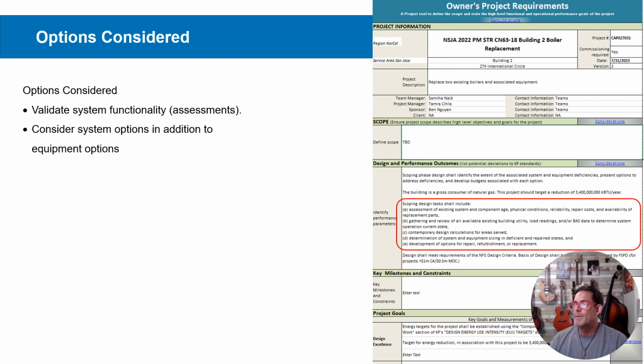And then, of course, during options, within the OPRs, we're calling out that system functionality assessment, and we're calling out to try to look at options that are more than just the piece of equipment, and have a cognizance of the system that the piece of equipment is sitting in. I know most project managers, when they hear that, say, well, I don't have enough budget to work on anything within the system. But oftentimes, the changes within the system and the changes that we're doing at the equipment can have trade-offs to each other. And so we want to look for things that are cost effective at that point in time,